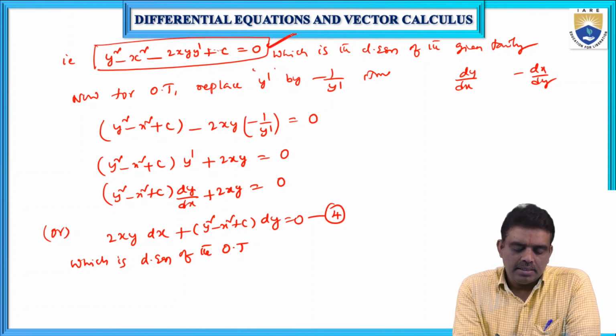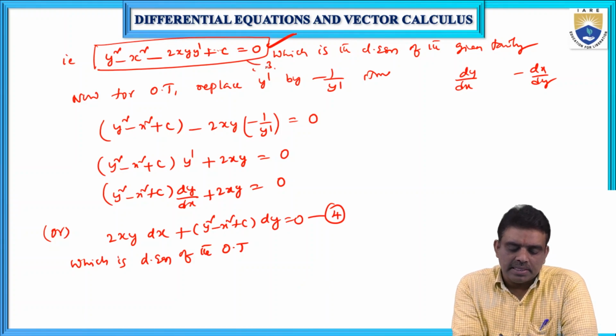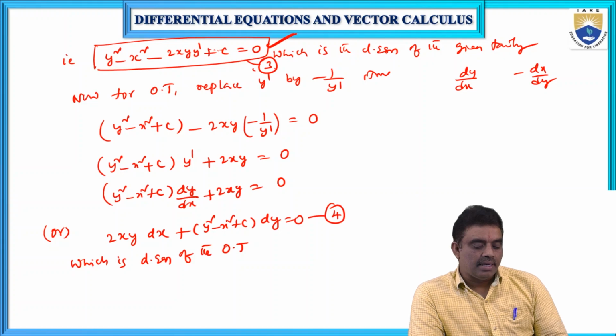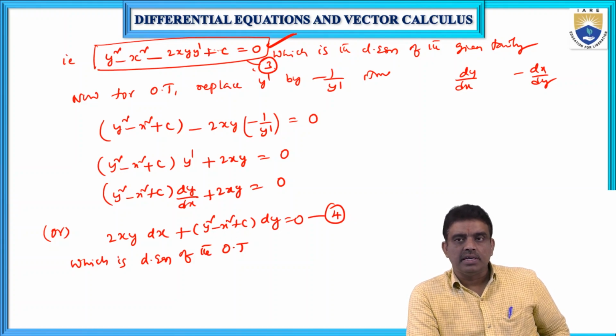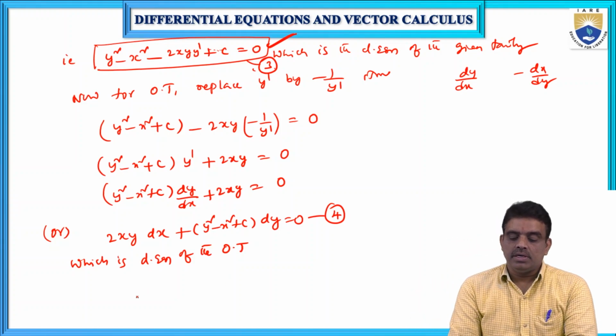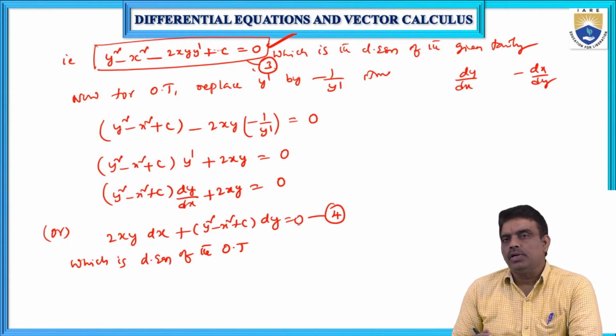Now, on replacing y dash by minus, this is equation number 3. Now, on replacing y dash by minus 1 by y dash, the equation reduces to this form, equation number 4, which is the differential equation of orthogonal trajectory. Now, to solve this equation, we go for the M dx plus N dy is equal to 0, exact equation